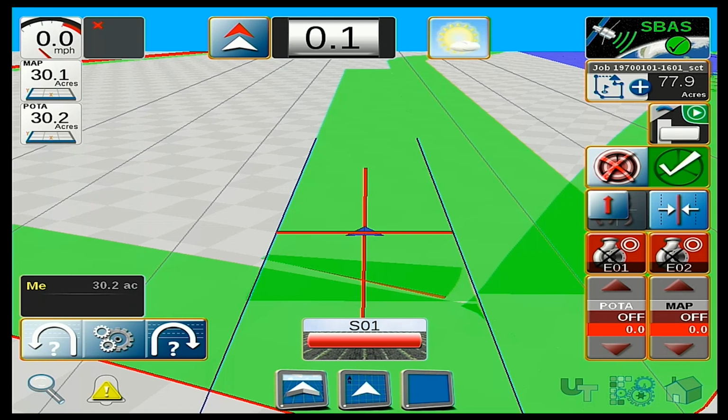And that is the same. Obviously you don't get the application map when you hit start new, but the boundaries and AB lines also come in with that as well. Correct. Yep. Okay. Yep. So in the actual job run page, you're going to see at the bottom of the